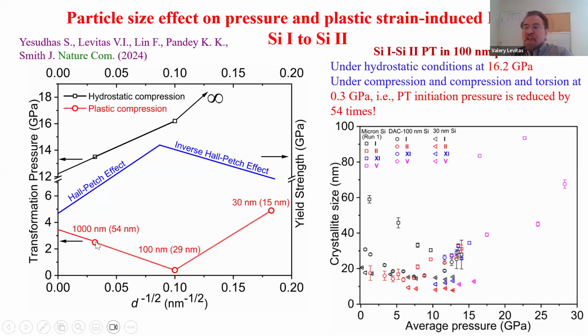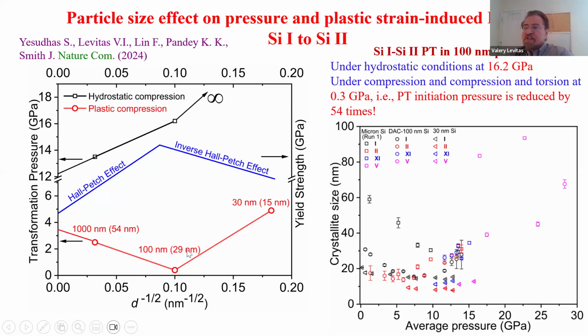And indeed, for micrometer particles, transformation pressure is 2.5 GPa. For 100 nanometer particles, it's 0.3 GPa. In the region of inverse Hall-Petch effect, when strength reduces, theory predicts an increase in transformation pressure, and indeed, for 30 nanometer particles, transformation pressure is 4.5 GPa. And this is a very strong confirmation of